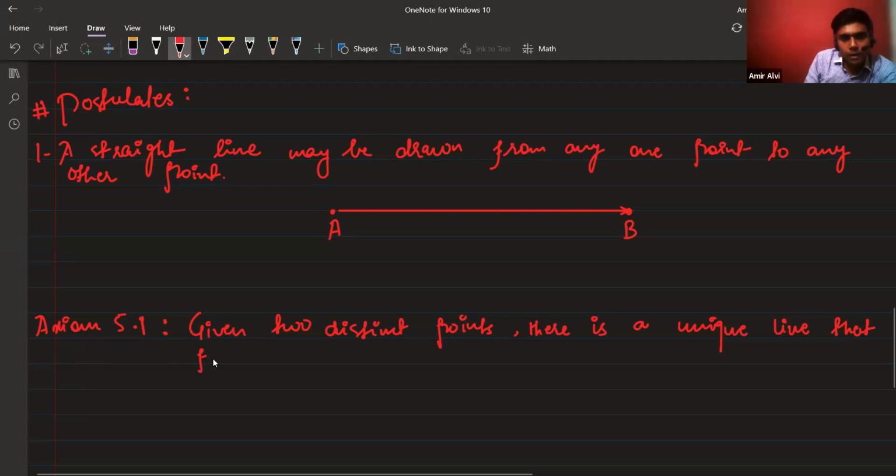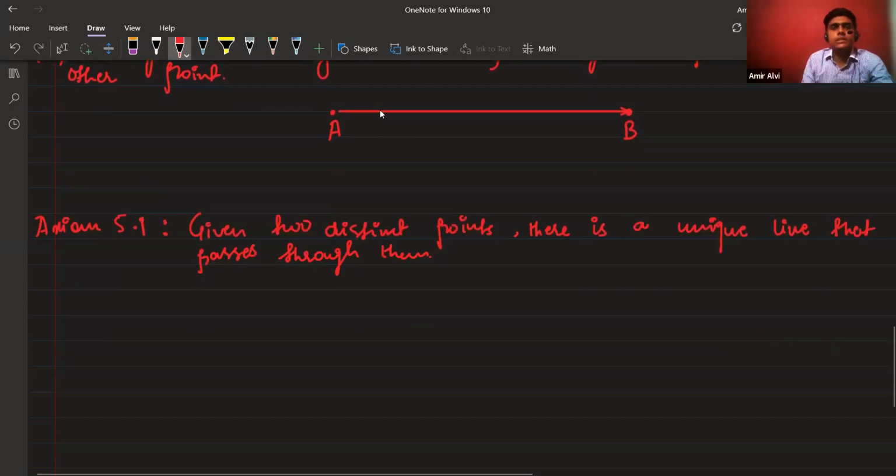That passes through them. Very easy axiom it is. It's nothing but saying that suppose